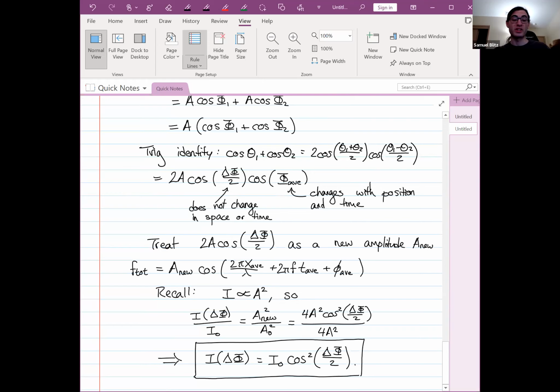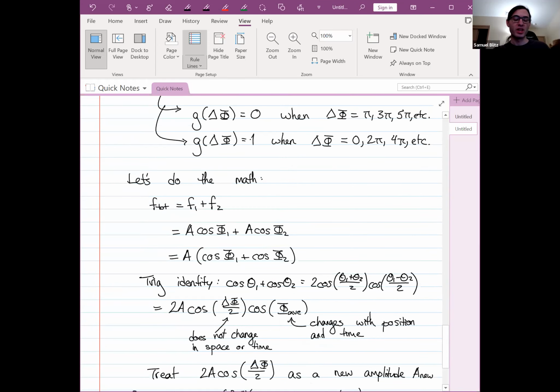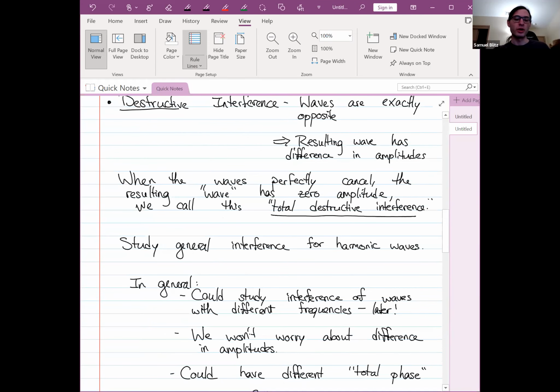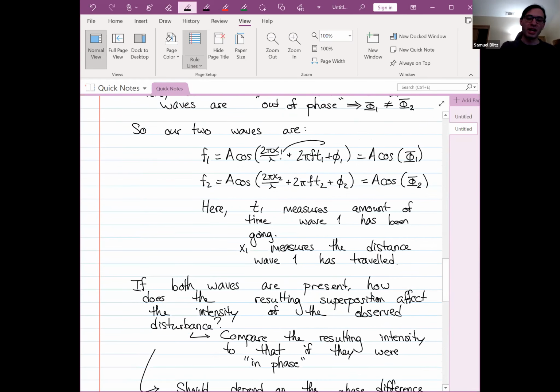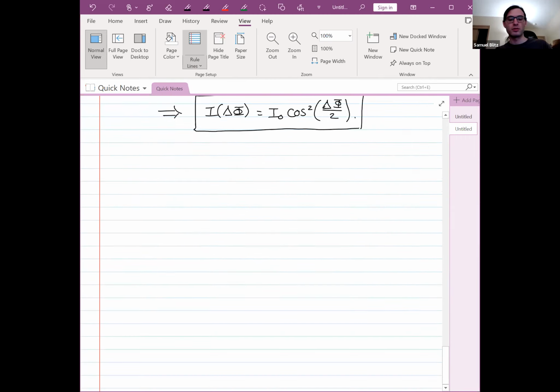Also, by the way, there's an assumption here that they are traveling in the same direction. Notice that this is x plus 2 pi ft, x plus 2 pi ft. If one was plus and one was minus, which is what we're going to talk about in a minute, they're traveling in opposite directions. And then something else happens. So let's talk about